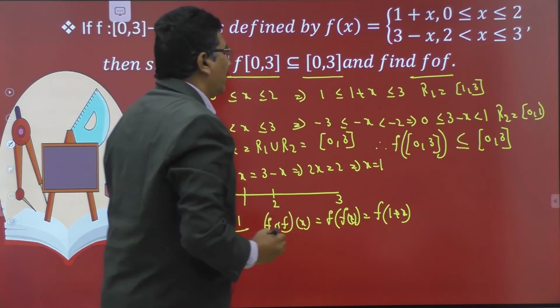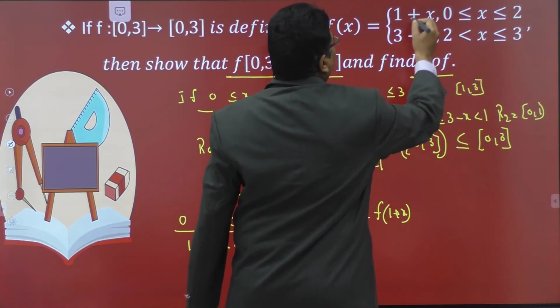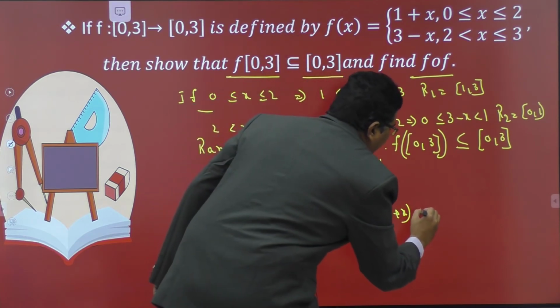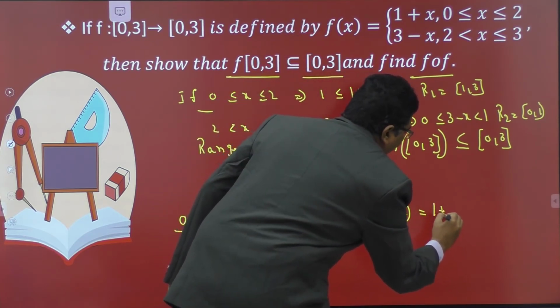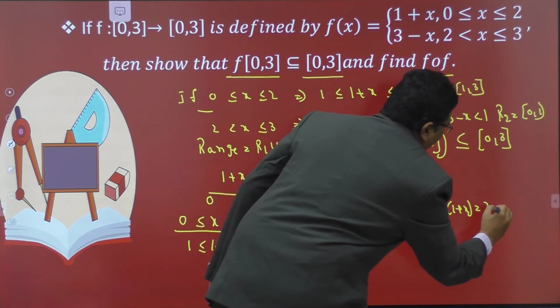Then its image is 1 plus 1 plus x, that is equal to 2 plus